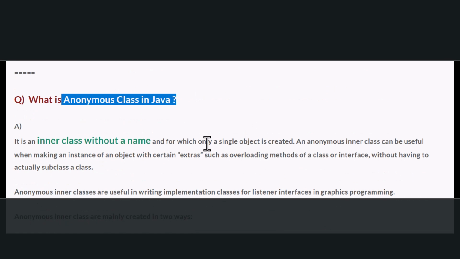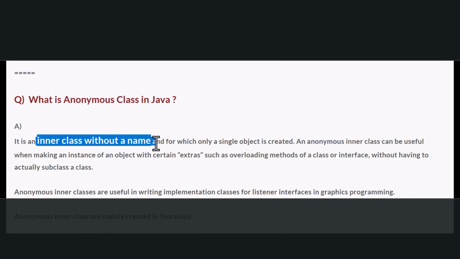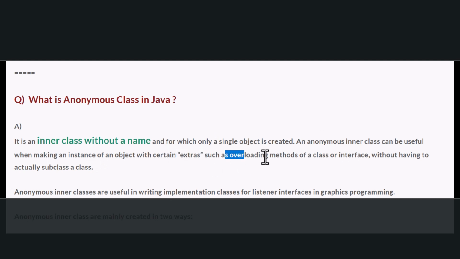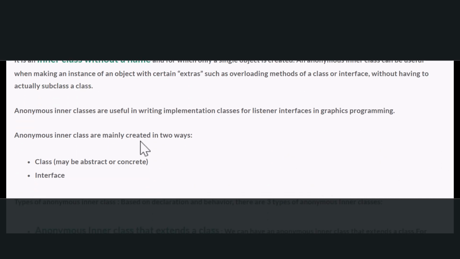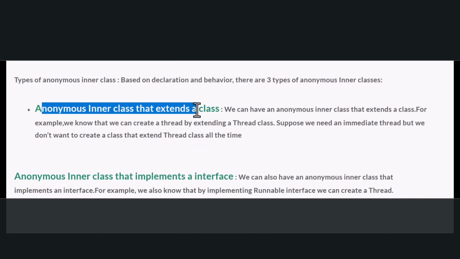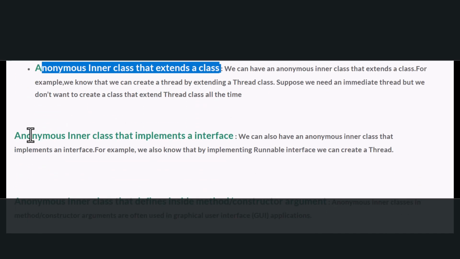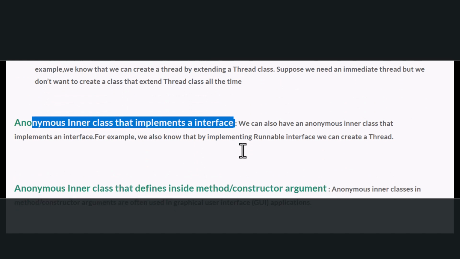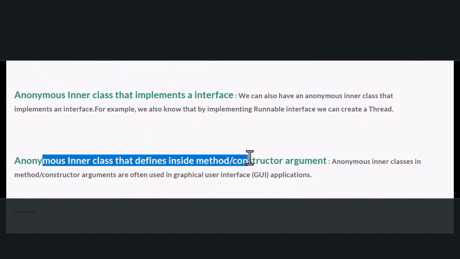What is an anonymous class? It is an inner class without a name and for which only a single object is created. An anonymous class can be useful when making an instance of an object with certain extras, such as overloading, without having to actually subclass. It's basically created in two ways, one with a class and another with an interface. And there are three types of anonymous inner class. One is an anonymous inner class that extends a class,